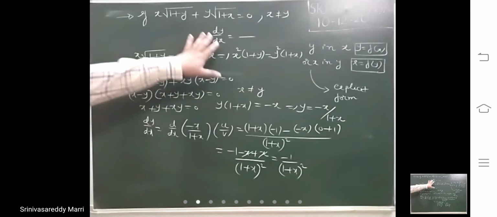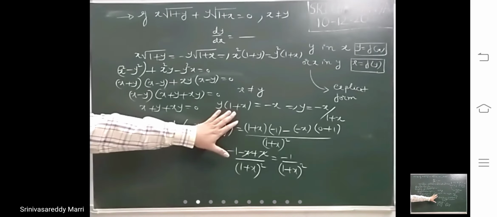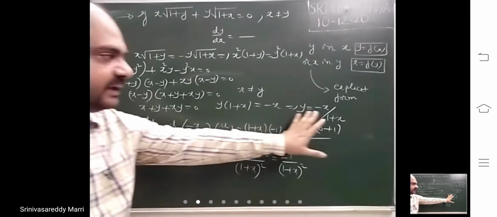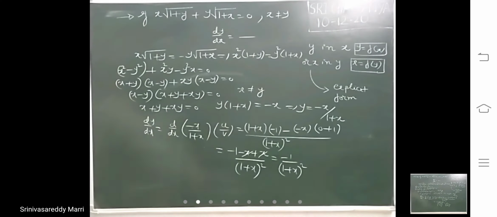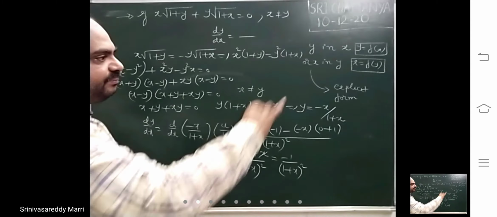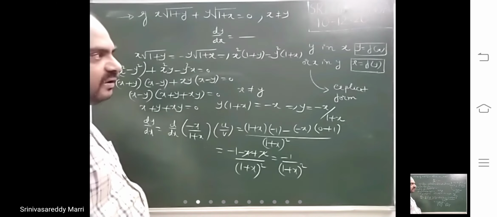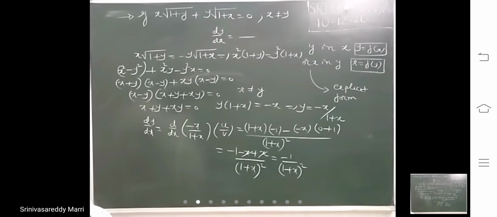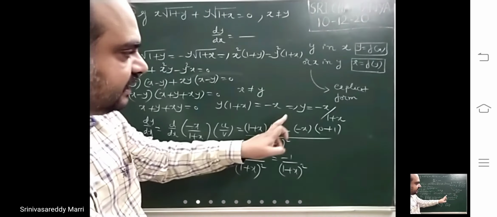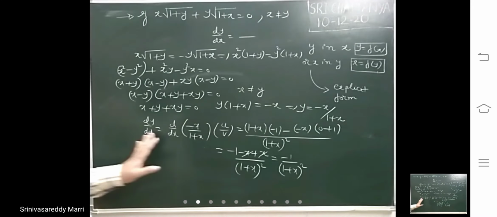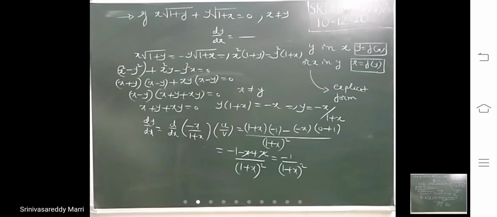Like that, for some equations you are able to express like this, and then it is easy. If you are unable to express like that, then yesterday we have done it completely: apply d by dx on both sides, and whenever y comes, you have to write dy by dx. Like that you have to calculate for implicit forms. For explicit forms, express y as a function of x and then dy by dx you can easily calculate in the regular method.